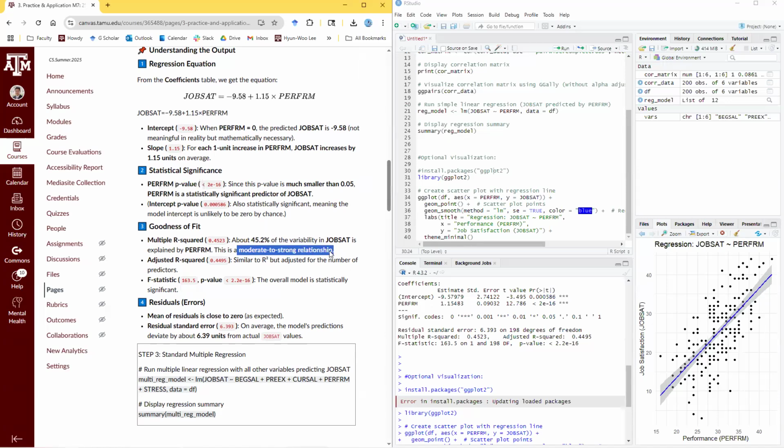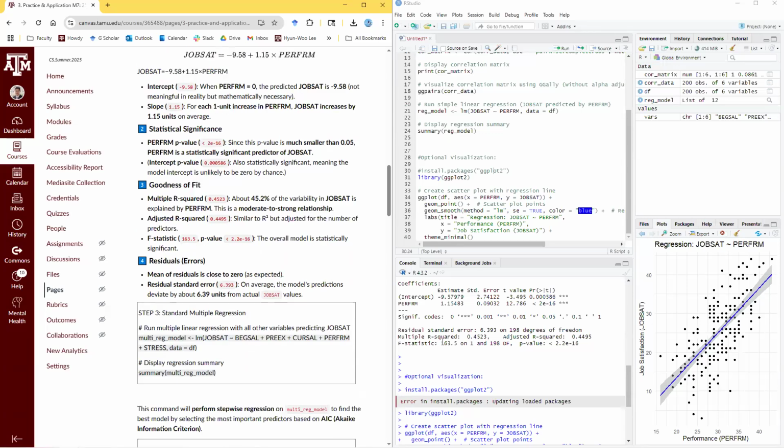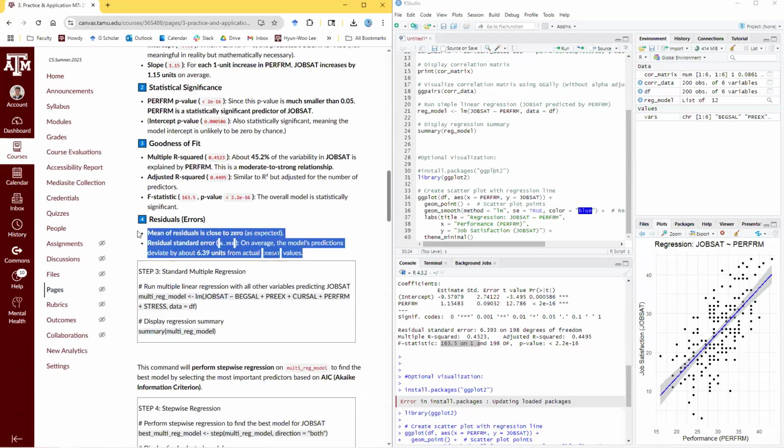And based on our criteria, our rules of thumb, that is a moderate to strong relationship. And adjusted R square, we're going to use this to compare multiple regression models later. And the F statistic is very significant. And residual,